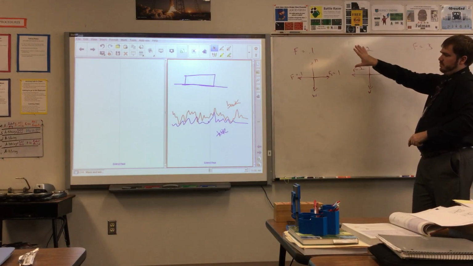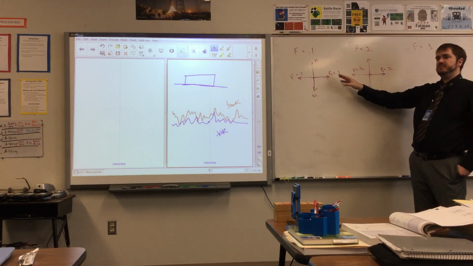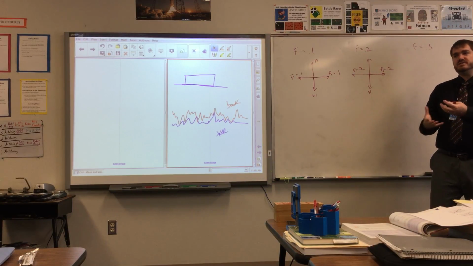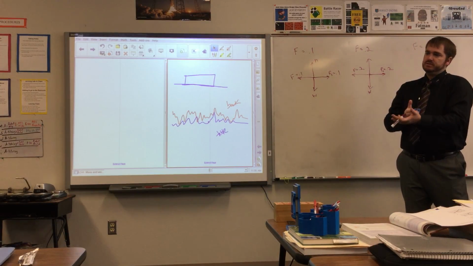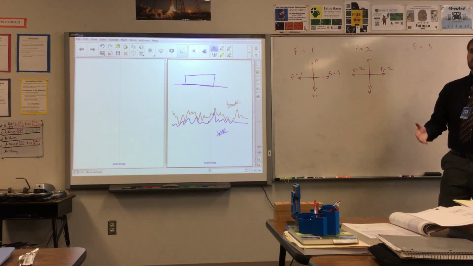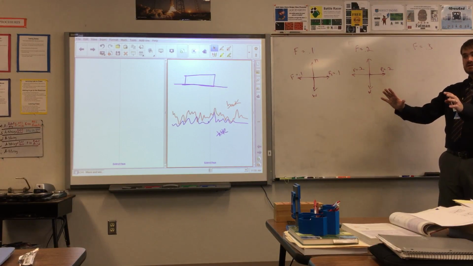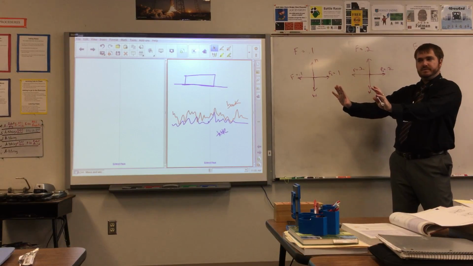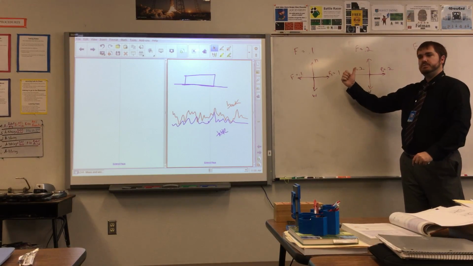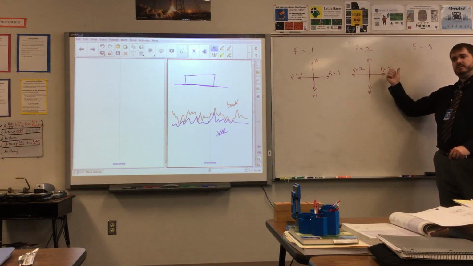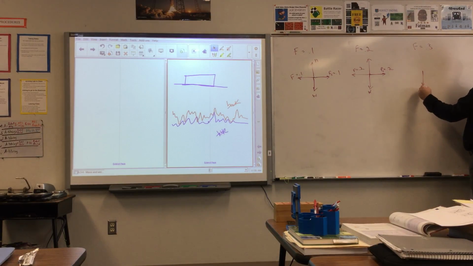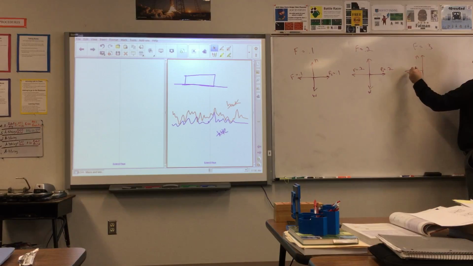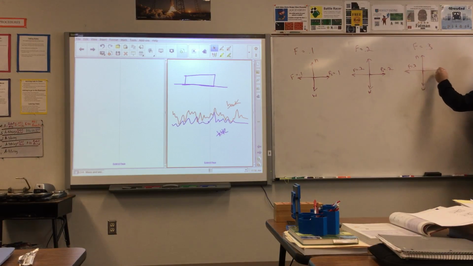Because I'm wanting you to see that the static friction force is kind of like the normal in the sense that it reacts. It's not always going to be 0.5 newtons for the static friction force. It's not always going to be 3 newtons or 0.2 newtons or whatever. It depends on how hard I'm pushing. Does that make sense? So if I push with 0.1, it's going to push back with 0.1. I push with 0.2, it's going to push back with 0.2. Do you see what I'm saying? I push with 0.3, it's going to push back with 0.3. In fact, this is going to continue on. So static friction force of 0.3.